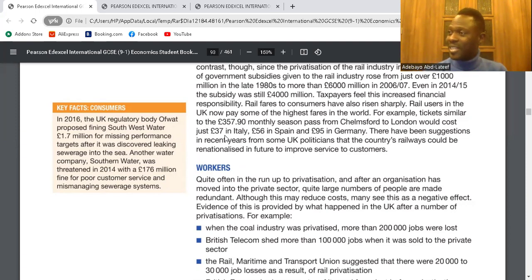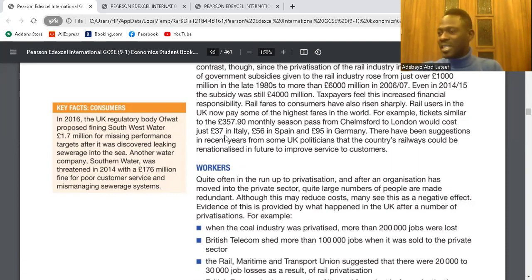So what one person should do, 3 people will be doing it because those people are coming to join your department. Do you understand? So that's why the private sector would make those that are not going to be efficient, that are surplus to requirements, redundant. Because redundancy means you are surplus to requirements. We need only 2 people here, we have 4. 2 people have to go, they will be made redundant. Is it clear? So that's for workers.